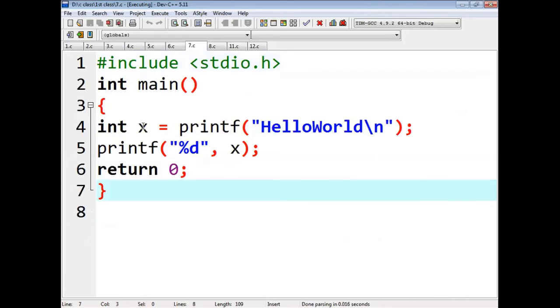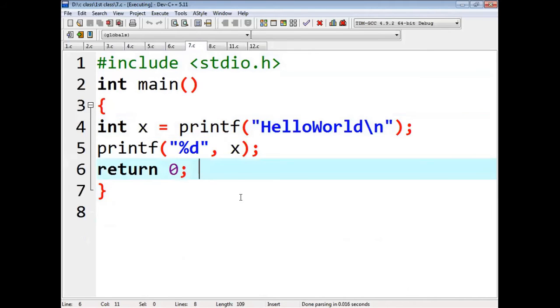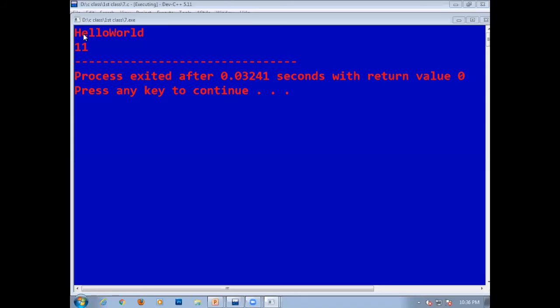Yes, this is the same program. I am assigning a printf statement to a variable and then printing the value of that variable. When we run this program, let us check what the output will be. As I told, hello world.